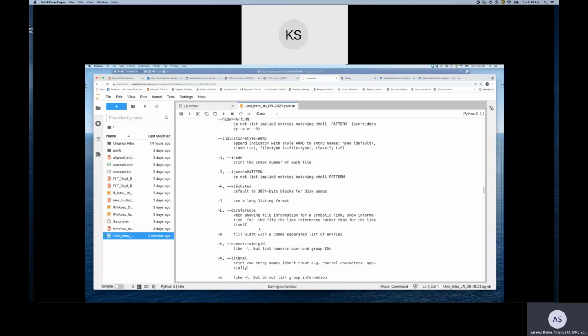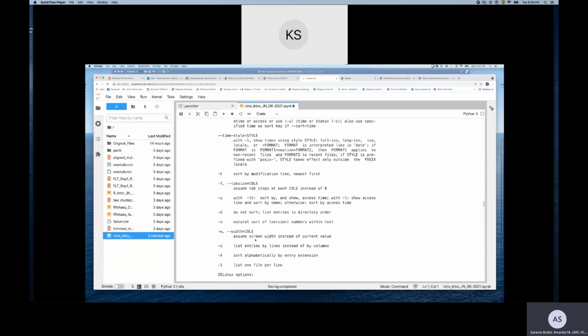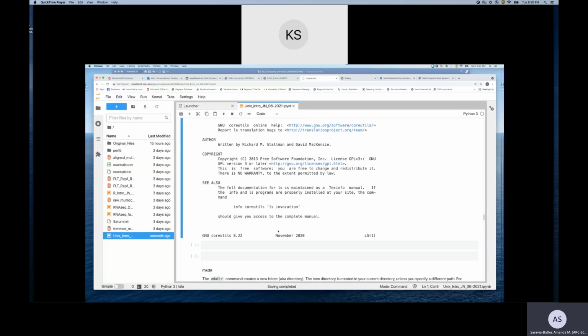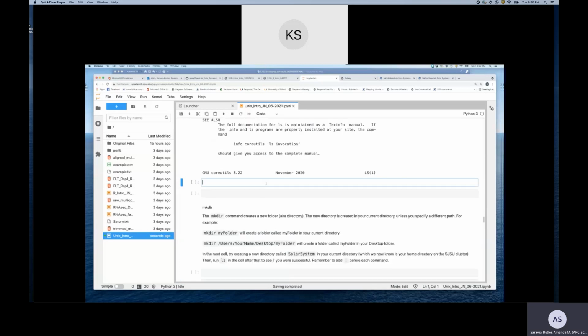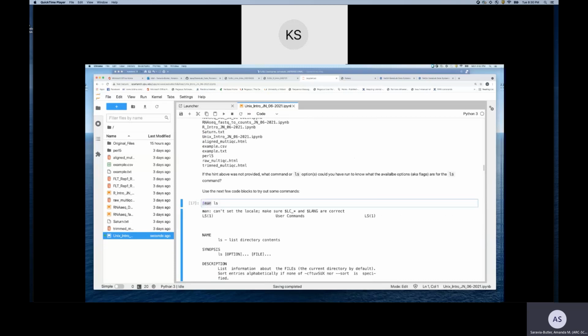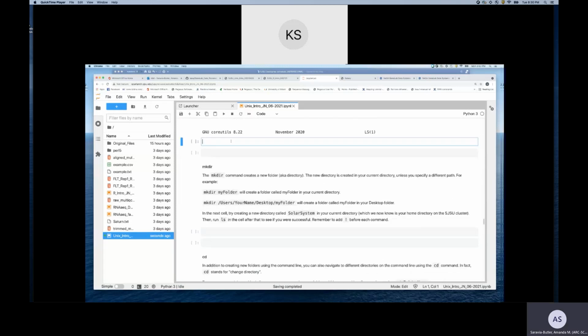All coders, no matter how experienced they are, will look to the help menu to identify what options they need to run. So if we scroll down this long list of options, you'll eventually get to this option -1, which tells you to list one file per line, which is the option that we use to do that. And then just as you guys said, in addition to the manual command, the man space name of the command option, you can also, as you guys pointed out, run